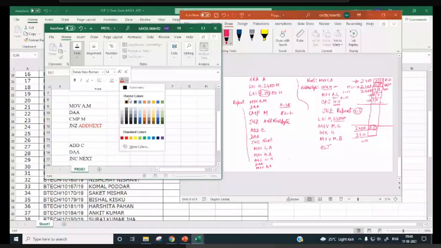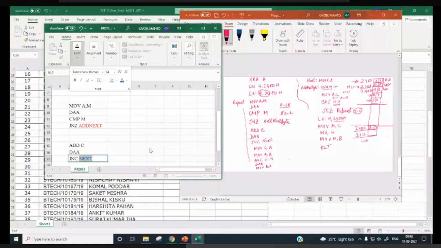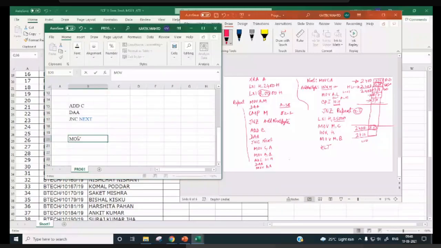This is also 3 bytes, so we will then move C comma A. Sorry, C comma A has to be the next instruction. Then move A comma B. This is for increment D register if carry is there.